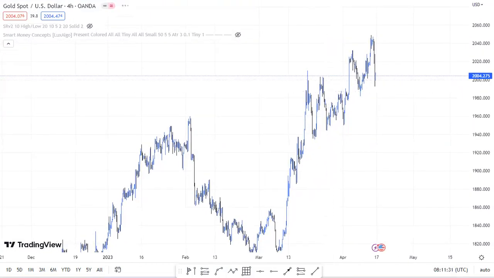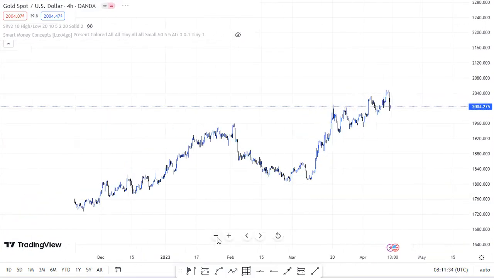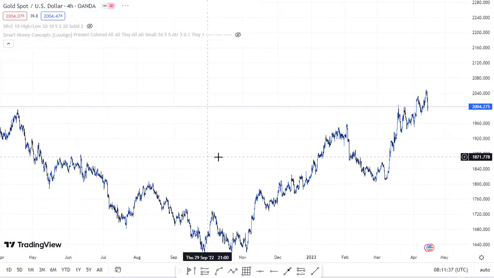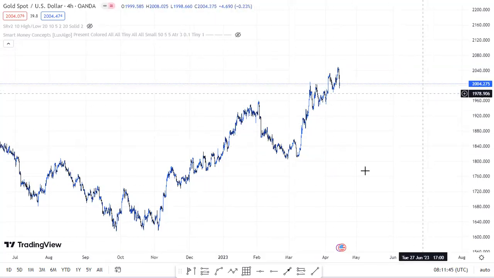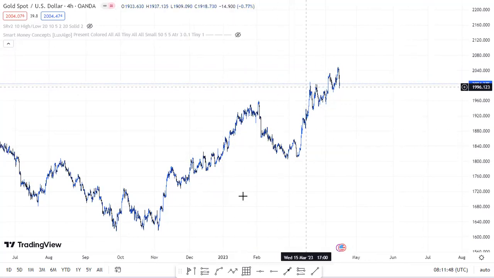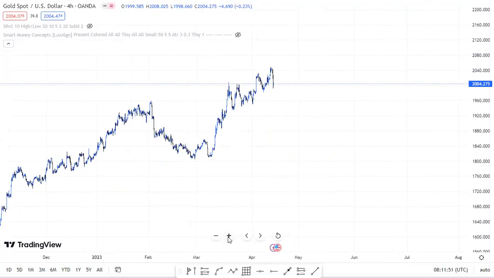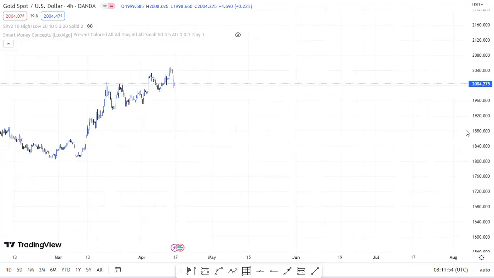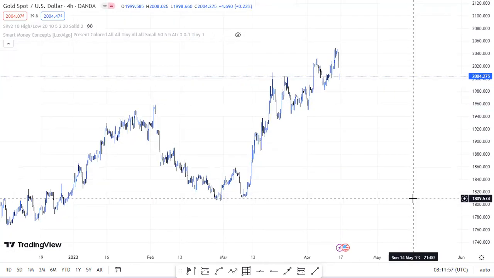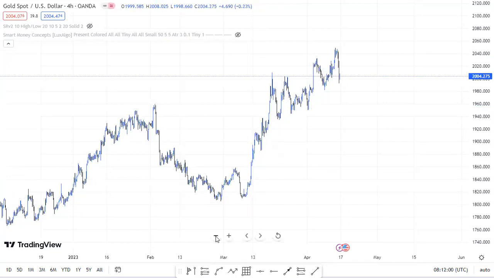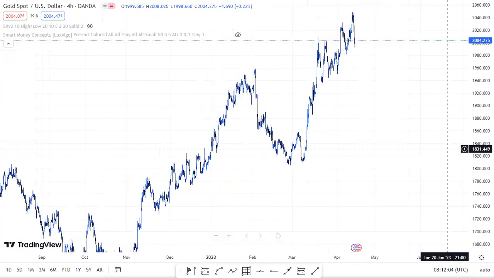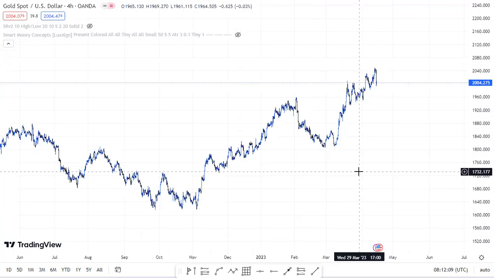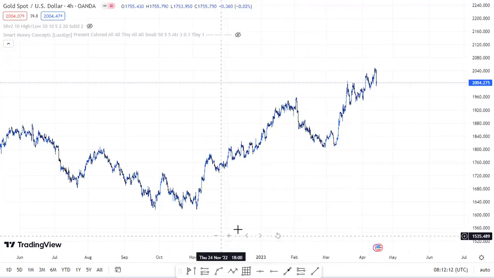So guys, as you can see, gold was actually on an uptrend. We are actually on an uptrend. If you know how to spot trend lines, if you know how to draw trend lines, if you know how to use market structure to your advantage, so you know what I'm actually talking about when I analyze this pair. Okay, so as you can see, we've been on an uptrend. Okay, so I think we are about to sell, but we are still on an uptrend, and I noticed a